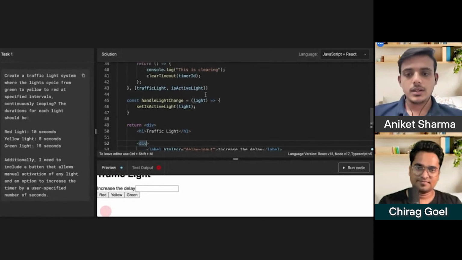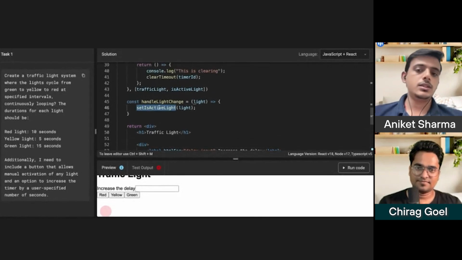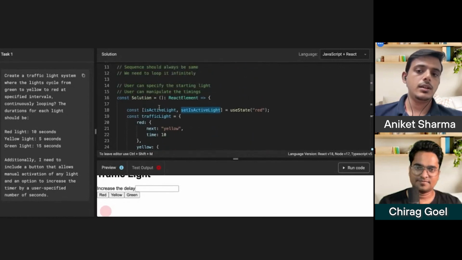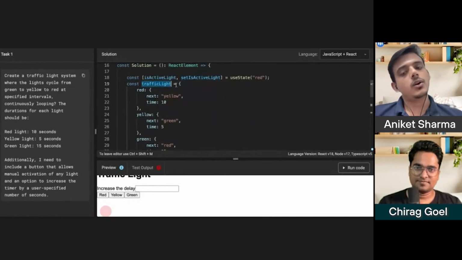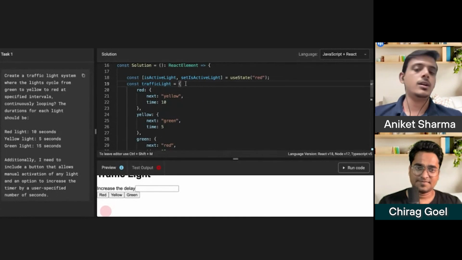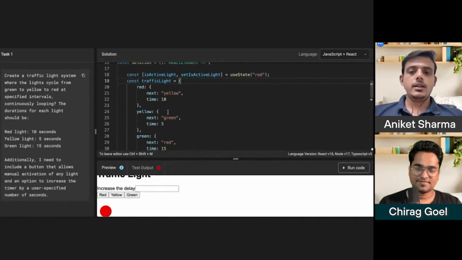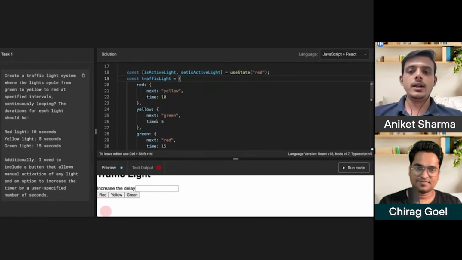Let me think. We already have an instance of is active live. Traffic light is a normal object, not a state. So if we change its instance, it will not re-render, and if we are not re-rendering it, our program will not know that we have increased the time. In that case, we need to assign this to a state.